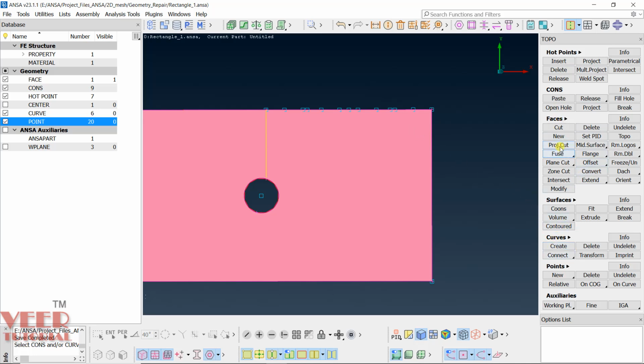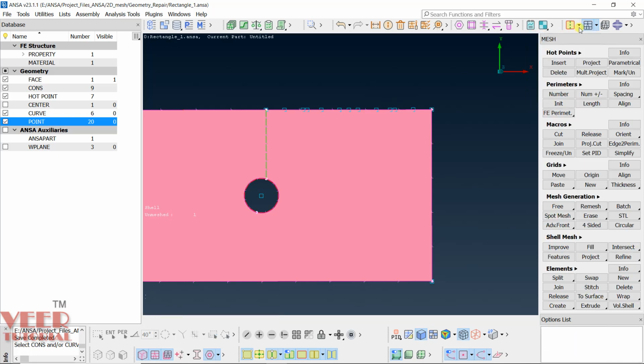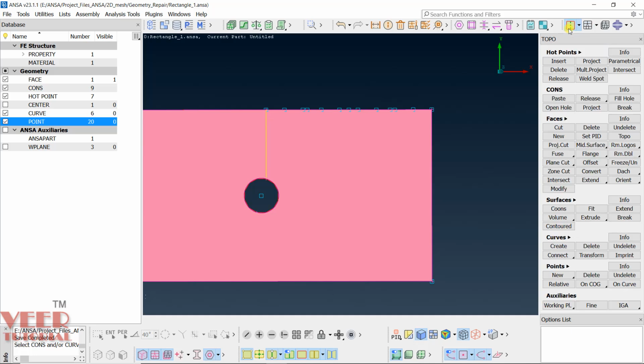Okay, so you can go to this project cut, select any point, and you will see that this command still will not work. Project cut, and you can see it is not selecting the point. The reason it is not selecting the point is because it works only from the node. You can see it is showing show node. It means first we need a proper mesh here, because if you go to this classic option in the mesh module, you will see the same command, project cut. So we will cover this when we work in the meshing.